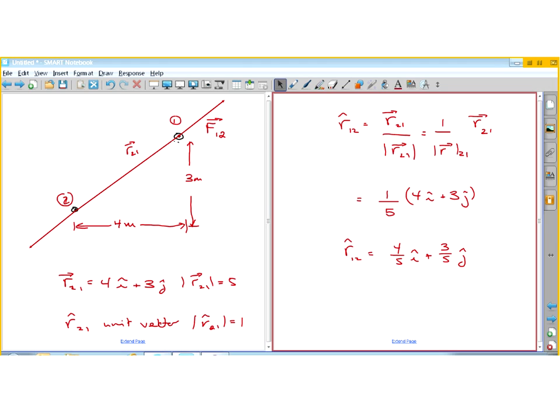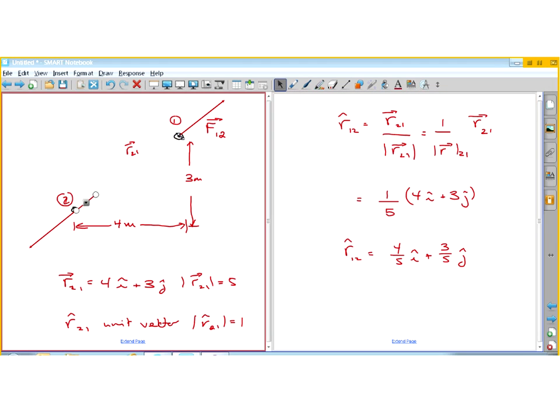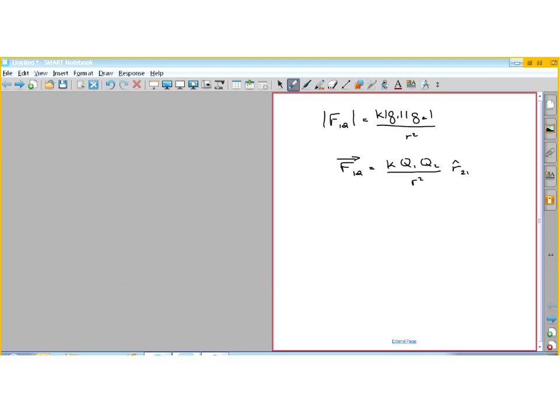So let's take this. I want to make it smaller, so it's going to be shorter, of course. It's going to be 1/5 length. So this would be r hat 21, whereas the whole thing from here to here is r vector 21. Okay, so that's my unit vector. So if we go back to our calculation here, that's what I use. So if I want to figure out what the force vector is on charge 1 from charge 2, I take